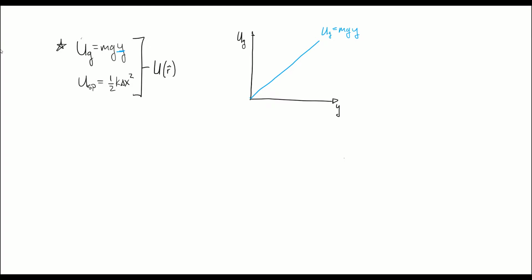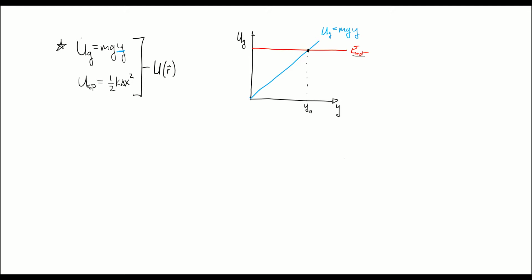Now, that's all well and good. If we were given some height, we could immediately pull off a change in energy from this plot, but we can actually get a lot more from this. If we consider our system as a whole and energy is conserved, we're going to have some constant total energy. So imagine I took a ball and brought it up to some height, we'll call it y_A. I know immediately my gravitational potential energy at that height. And since I released it from rest, it's not moving, so that's the total energy. I know the total energy of that system.